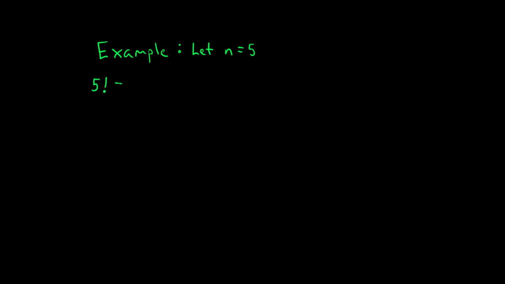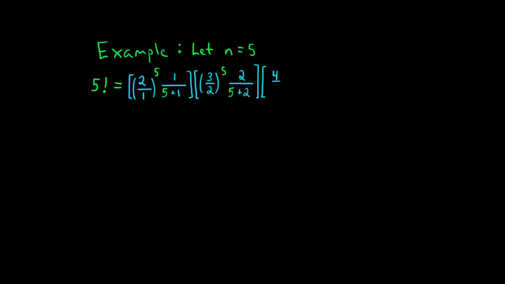So when we plug 5 in for n, we should get that 5 factorial equals (2/1)^5 times 1/(5+1), remember, we're subbing in 5 for n here in the formula, times (3/2)^5 times 2/(5+2), times (4/3)^5 times 3/(5+3),